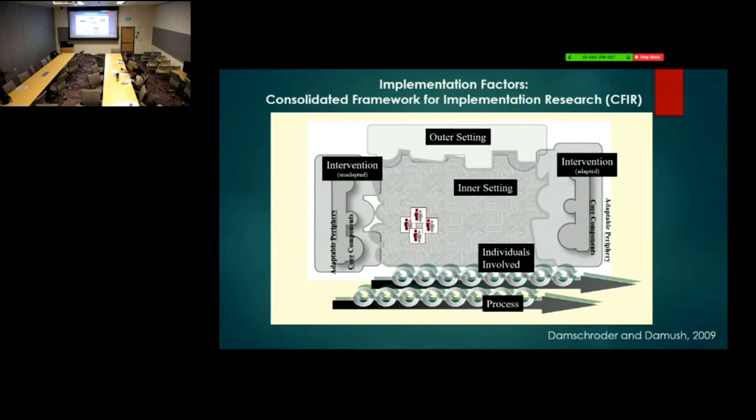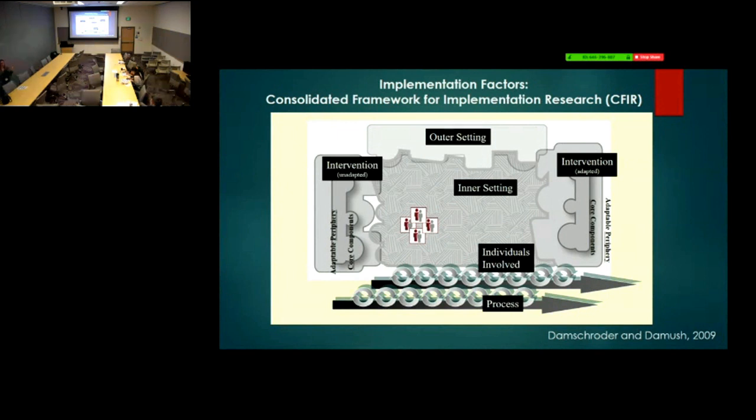The intervention itself: this is 12 sessions of 2 hours each. That's just not going to fly with our patients. They can't come to the hospital 12 times for 2 hours because they're from Kansas, or whatever. The inner setting: what are the factors here in the hospital? The individuals involved, so not just the patients but the people trying to implement this. And then the process. For all of these, there are subdomains underneath, like 30-something total. But we're working with Telegen right now, as an example.